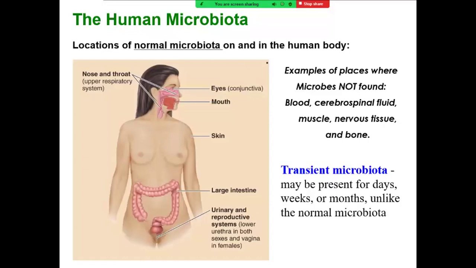I would routinely, each term, sample my skin for Staphylococcus aureus, and I never had it on my skin, and I sampled my skin for years. And then I went to visit my aunt, and she had a Staphylococcus aureus skin infection, and she was taking antibiotics,